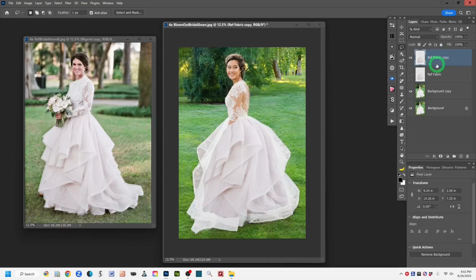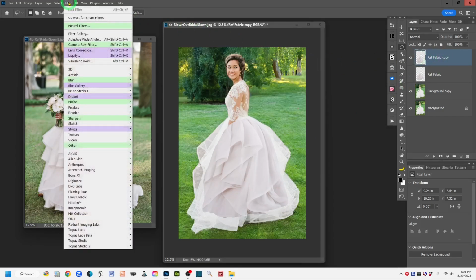Okay, so now, as I said, this is like a blush or a kind of a completely different color than this bright white dress that this young lady is wearing. Hers might even have a tinge more yellow in it. So next step is, if your reference material, wings, feathers, whatever it is that you're using, don't match, try to color harmonize them to your background. So with this reference fabric copy active, I'm going to go to the top of the interface to Filter, Neural Filters right there, left click on that,